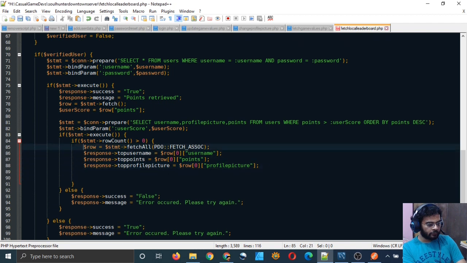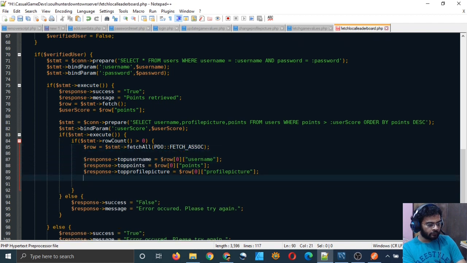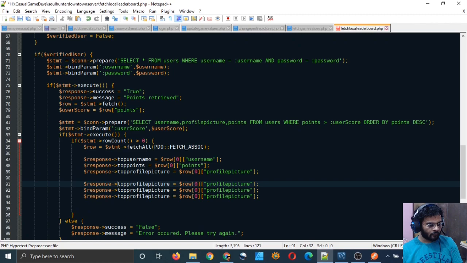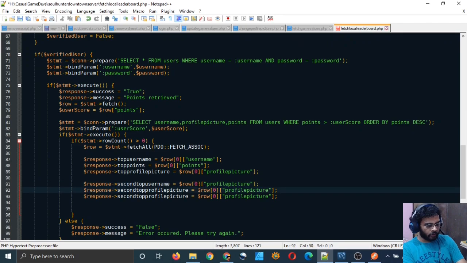And then I will simply duplicate them. Second top, I mean second person from the top, and not profile picture, actually username, and then points, and then profile picture.